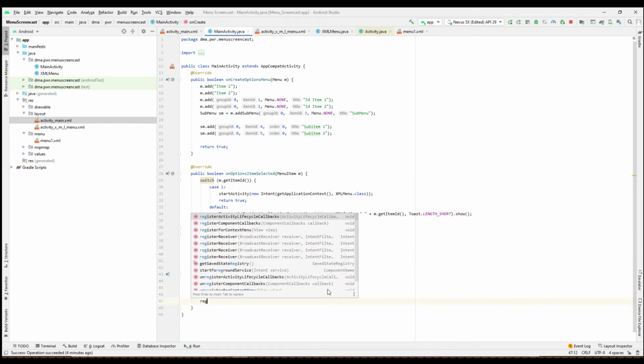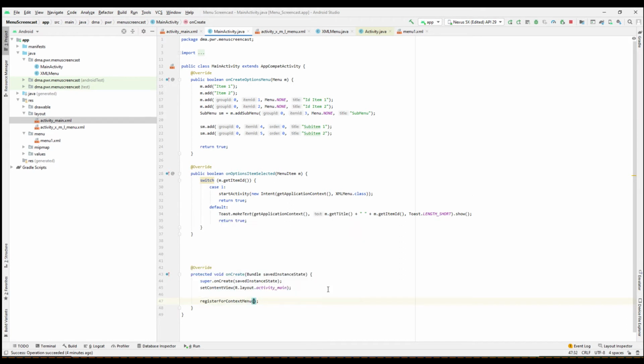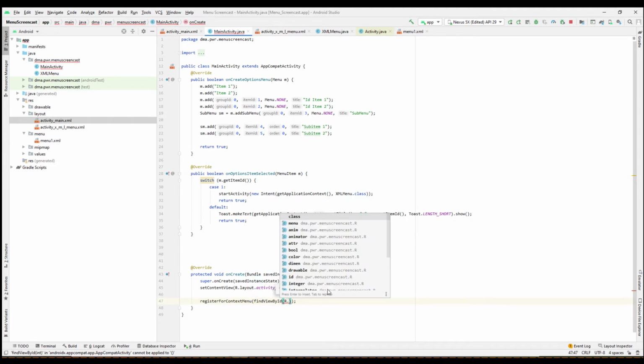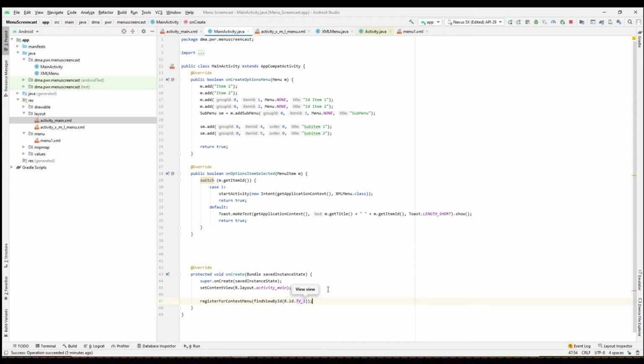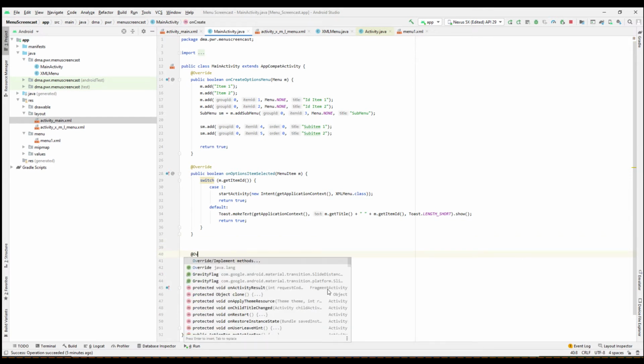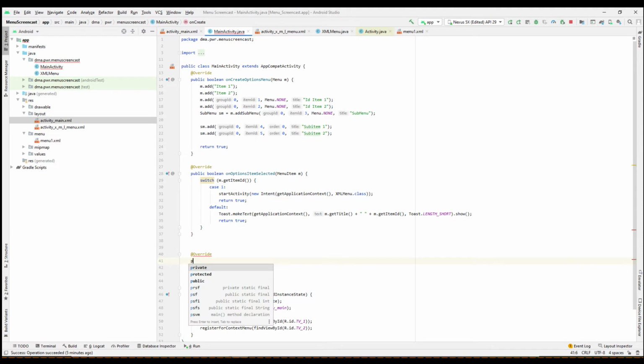So to register them, we need to call here registerForContextMenu and findViewById. We wanna use ID TV1 and TV2, and we're not gonna register TV3. Okay, now the context menu is created in a different function. It is created in an override. Well, the override's name is not important, of course. And it's public boolean onCreateContextMenu,